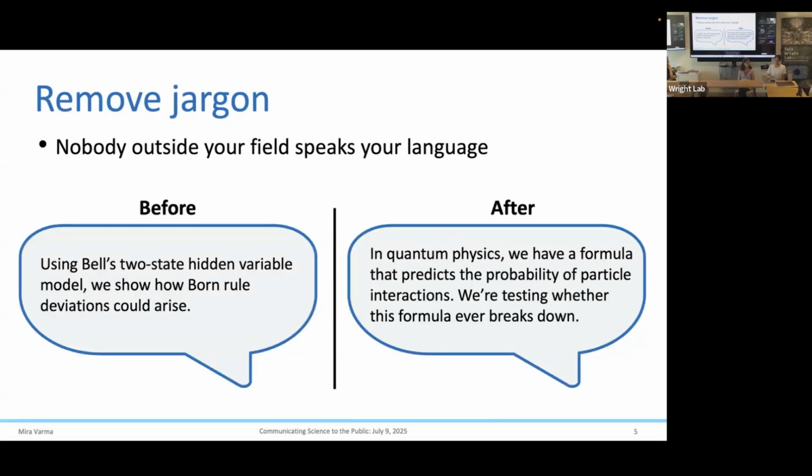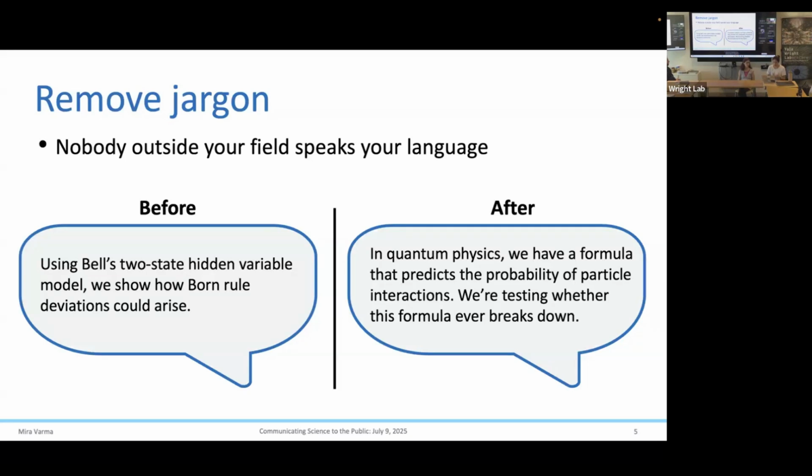So the second important point is to remove jargon, because as I said before, people use a lot of words on a day-to-day basis in their subfield that others outside the field wouldn't know. And it's even worse for the general public, because when we give our talks for the general public, we assume that everyone has a high school education, but not necessarily any sort of college degree, let alone a college science degree. So it's really important to try not to use words that they might not know.